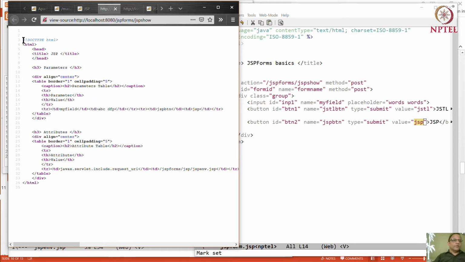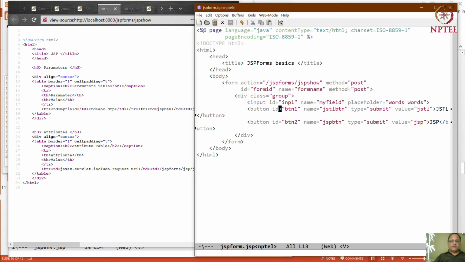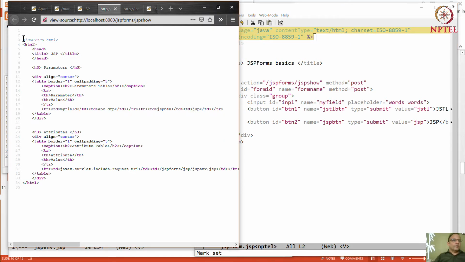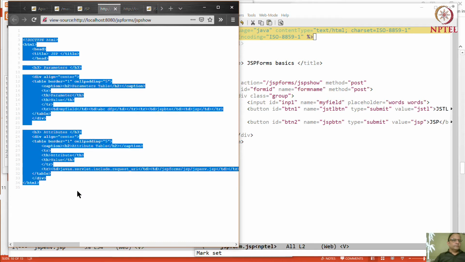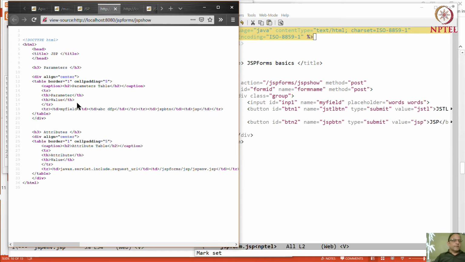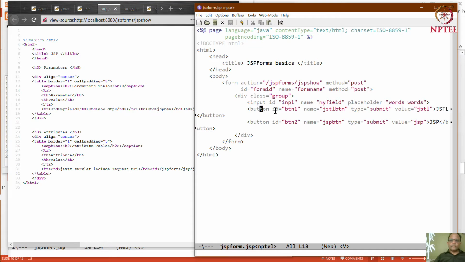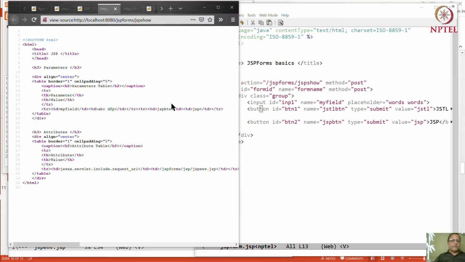So if we look at the source for this, we see what we are supposed to get. And by the way, these two blank lines are because of these two guys. So that's what we get. Doc type HTML, etc. So what is happening is it's generating two tables, and in each table it is generating two different rows. So this is the first row and this is the second row. Okay, so let's see how it generates that.